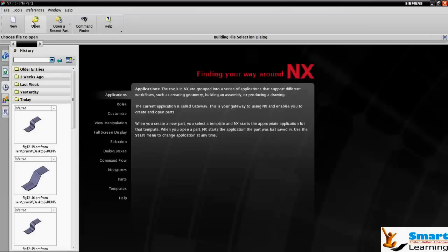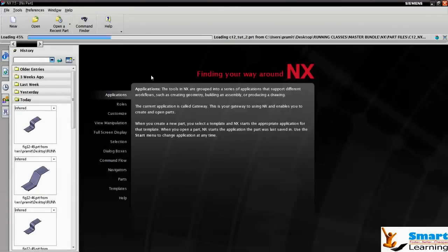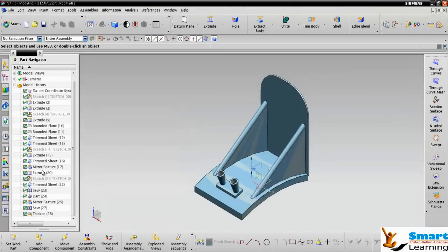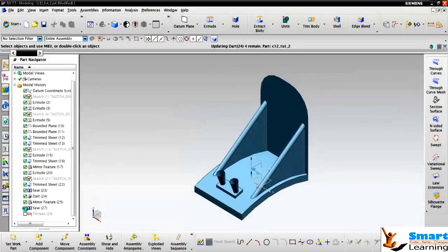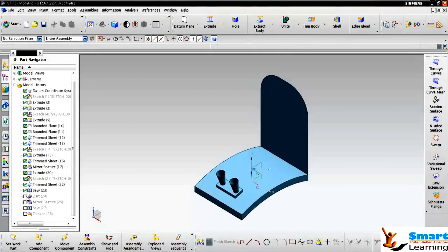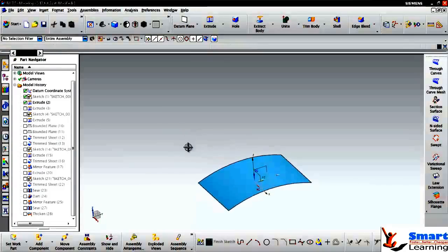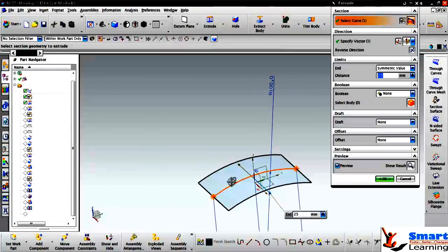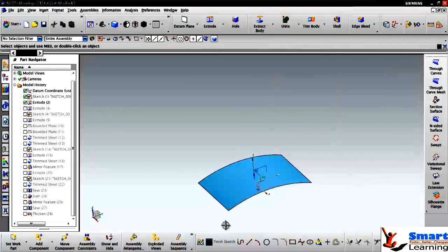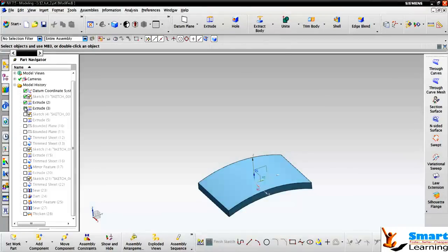So for this I will be opening the exercise to understand this, and I will be removing the feature operation so that we can follow how we have created this. This is the very important technique to understand the creation method, and this is the sketch which we have created, and we have extruded this to the required distance, and after that we have added